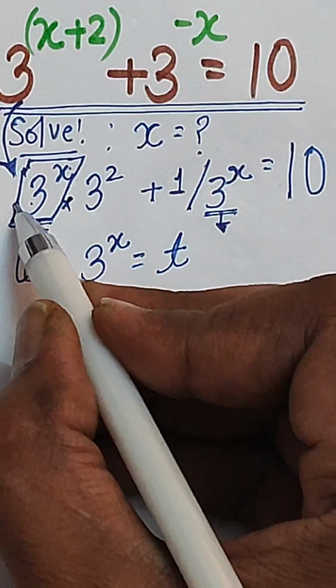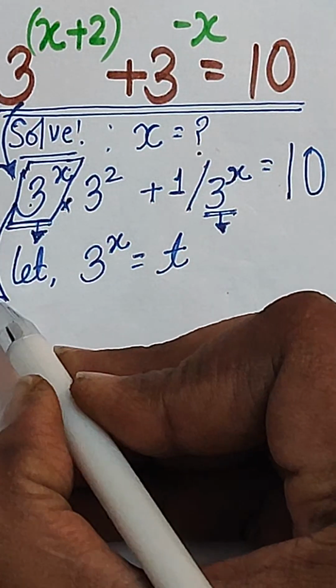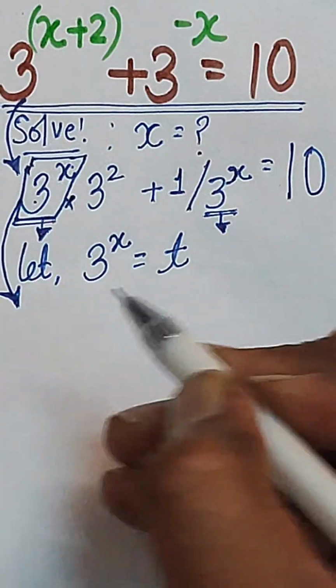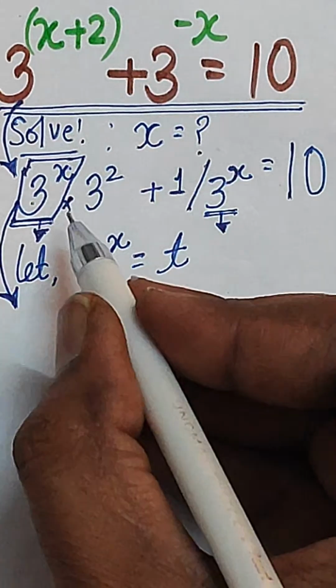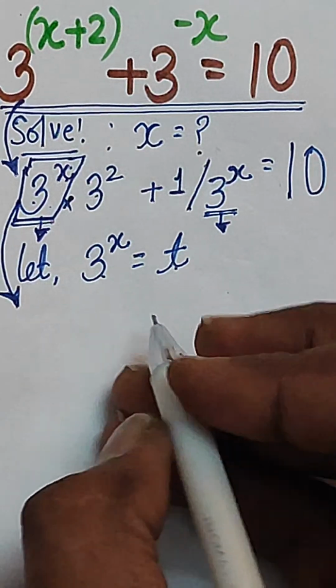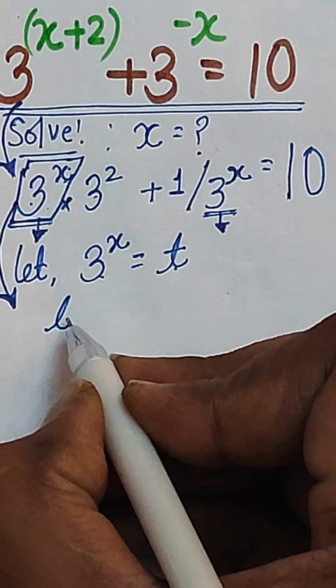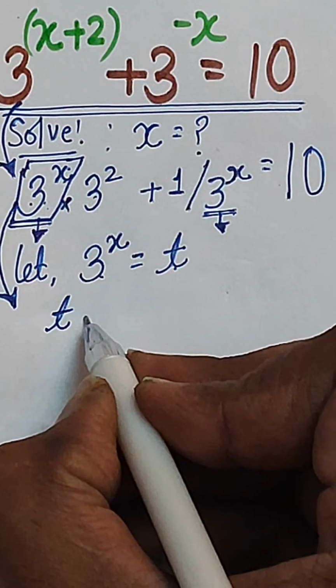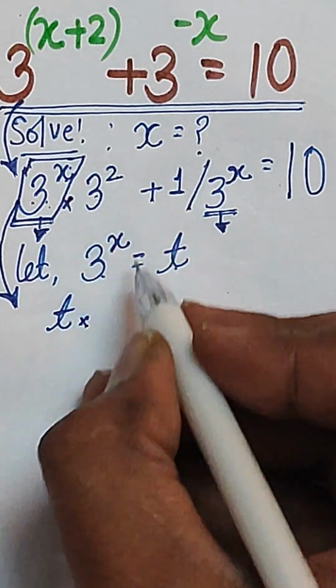Then the equation will look like: in place of 3 power x, write t, so it will be t into 3 square,